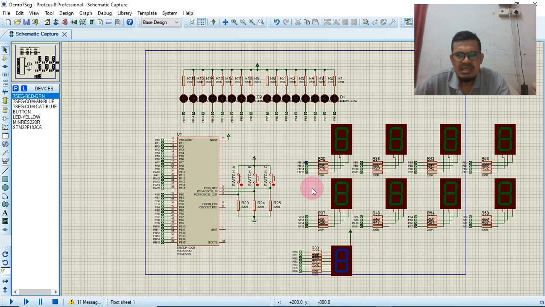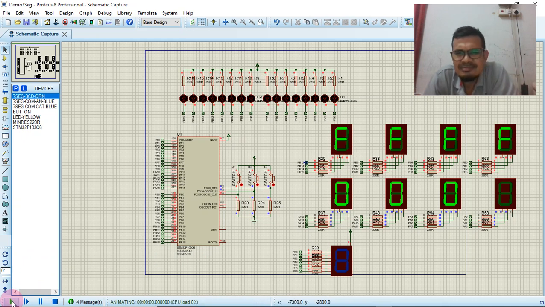I stop the current simulation and then rerun it. You see, the program now encounters a problem, right? Why? Because I disabled the clock for port A, but in this circuit I still use port A. I connected port A here, here and here, so the simulation cannot run properly.